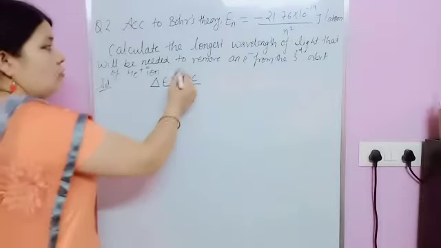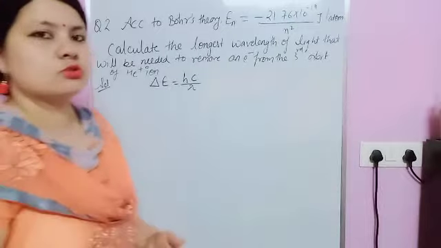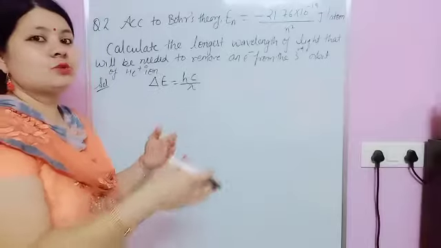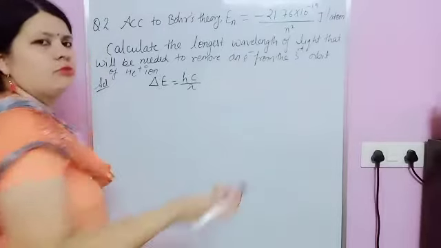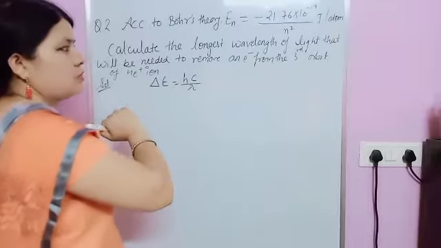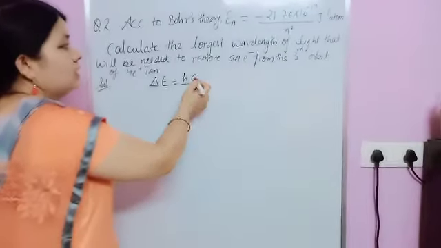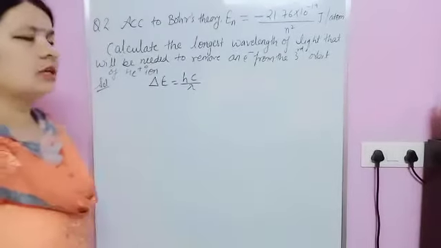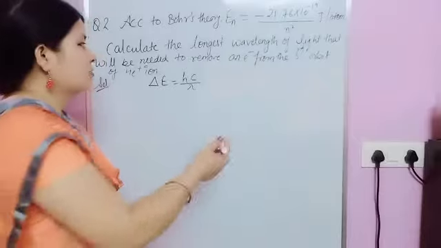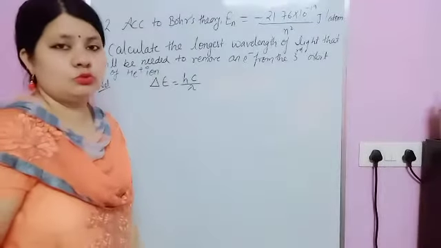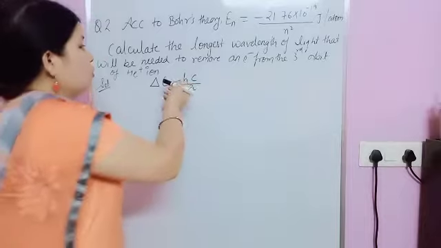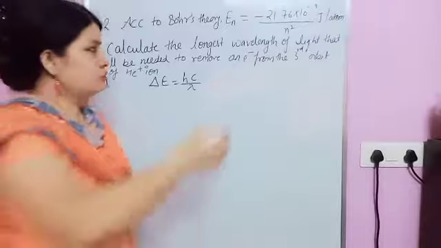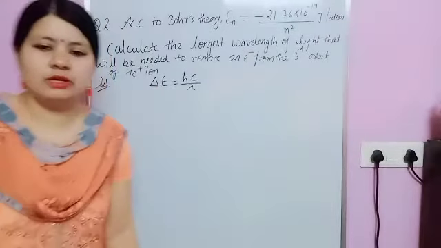Again, the value of h, you know, is 6.626 into 10 raised to power minus 34 joule second. Although a more correct value is available, we are taking only 6.626 into 10 raised to power minus 34 joule second. Then c is the velocity of light, the speed, which is 3 into 10 raised to power 8 meter per second. That is given, but E is not given to you. So how to calculate lambda? First of all you have to calculate E, because the information is given for calculating E.